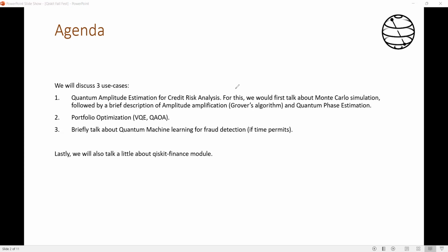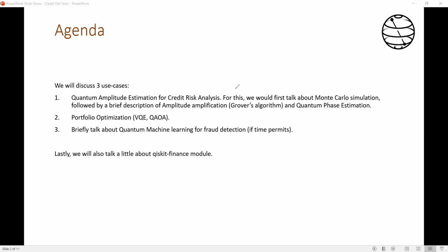So I'll be covering these three use cases, and whatever I talk about in these use cases could actually be applicable for other use cases as well. Some other use cases being something like derivative pricing. That's something that I won't be particularly talking about here. But for example, the algorithm and the classical approach being used here is also applicable there.